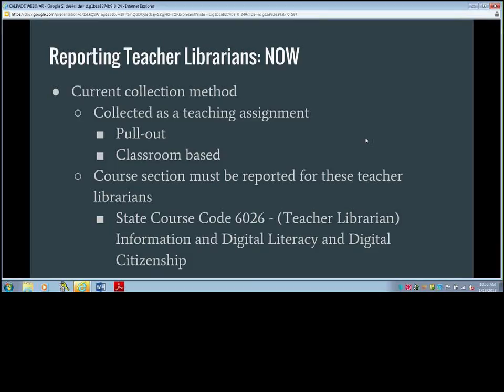It is a course that represents information and digital literacy and digital citizenship. All of the content areas that the CTC staff define are encompassed in this one course code. So if your teacher librarians are delivering any of those areas of content, this is the state course code you would use. But again, you have to report a course for these individuals because they are teachers.